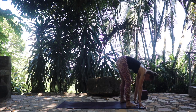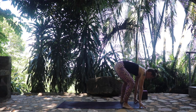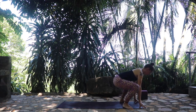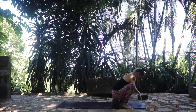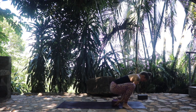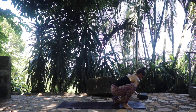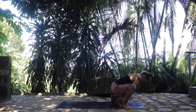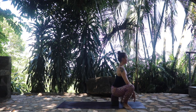Release the arms and bring your feet towards the edges of your mat. We're going to turn the toes slightly open here and come down into a low squat, malasana. So here we can put one block under the bum. This offers some support. Maybe you prefer a higher level of the block. Or you could in fact stack a couple of blocks or pillows or books to support your bum if that